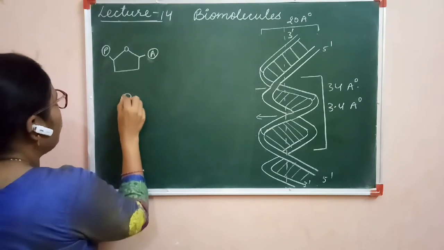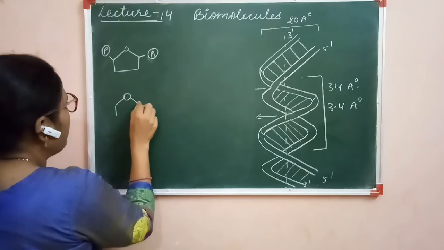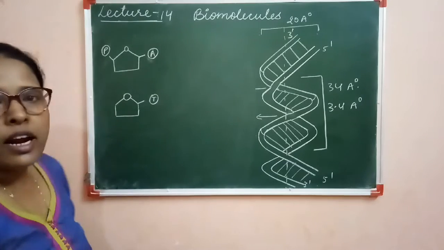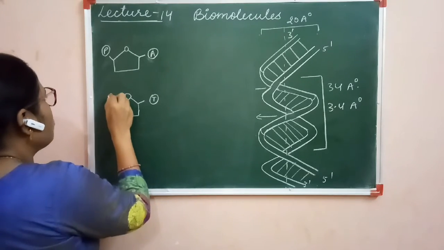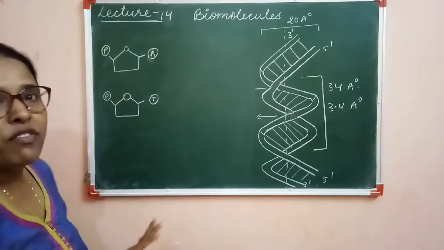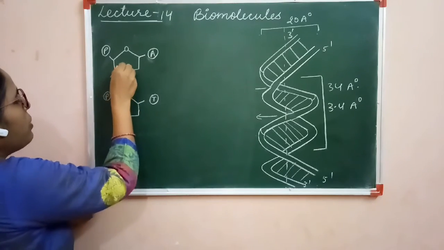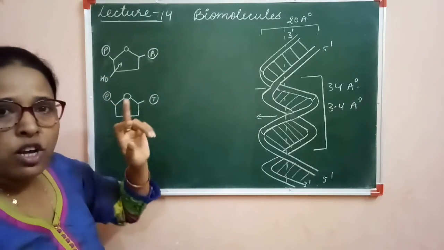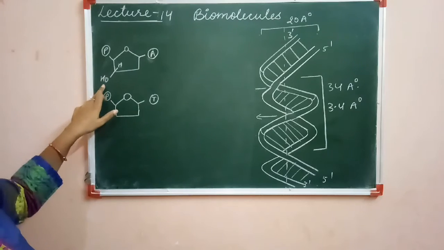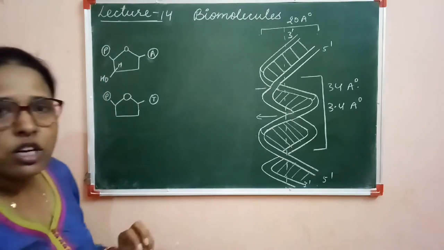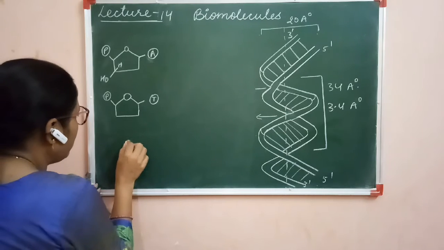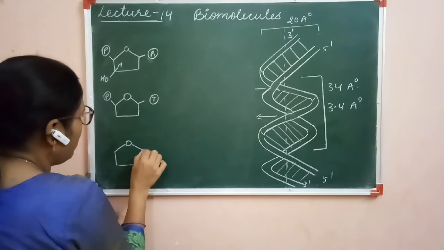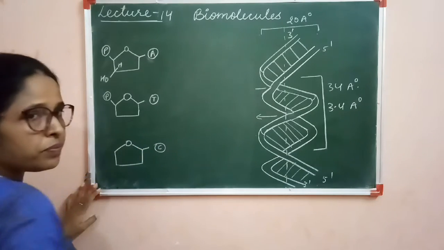I am drawing the next nucleotide. Again the pentose sugar is there and here thymine is the nitrogenous base and here also the phosphoric acid is found attached with the 5th carbon, and we know that at this 3rd carbon one hydroxyl group is there. So in case of deoxyribose sugar, one functional group is present at the 3rd carbon. So here the one hydroxyl group is there. I am drawing the 3rd nucleotide, the 3rd sugar. This is the 3rd sugar. Here the nitrogenous base is suppose cytosine.